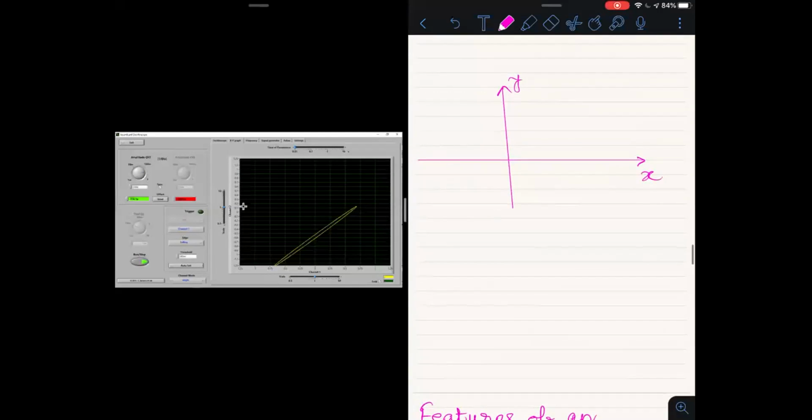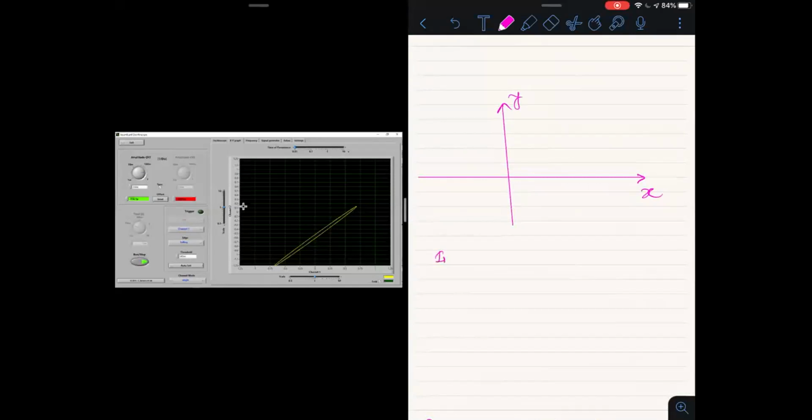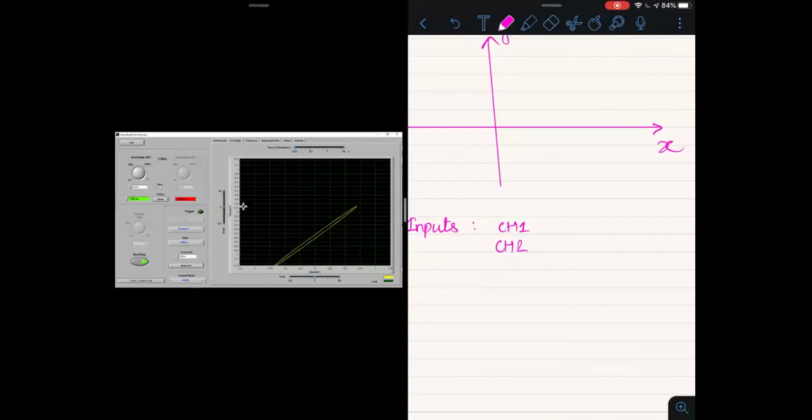Right now you have voltage coming from speaker 1. From now on, instead of using the word speaker 1, I will say channel 1. So basically you have two inputs: one is channel 1 and another is channel 2.